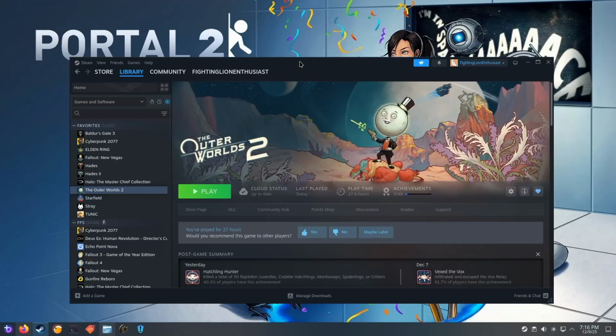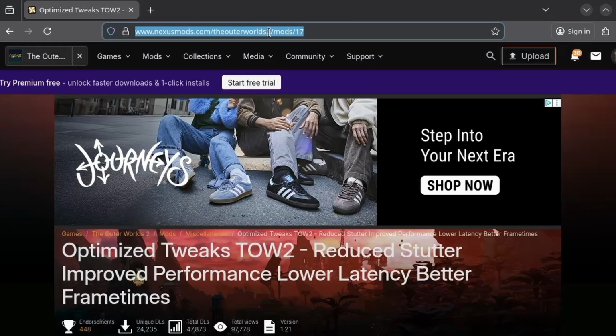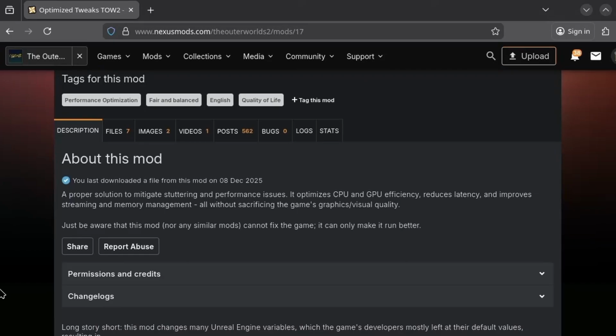I was playing The Outer Worlds 2 and I noticed there was a lot of stuttering. And I know that I've got a pretty old PC here, an i5-8600K, but it's got a 3070 Ti graphics card, so I thought it would have enough power to play this game in 1080p at around 60 frames per second. And what I found was this Nexus Mods Outer Worlds optimized tweaks, and if we look at what this